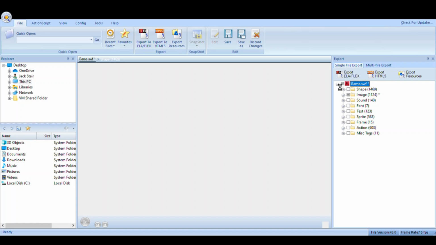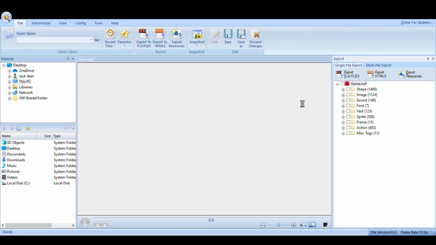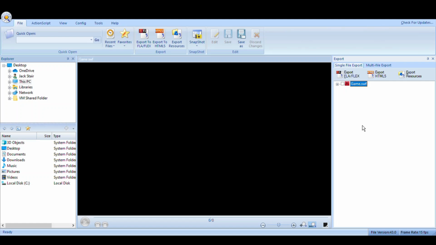And we can just select game.swift. Up here where it says edit, you'll see edit, save, save as, and discard changes. Just click on save, or save as if you want to save it as something else. But make sure that it's called game.swift, otherwise it won't work. I'm going to just click save to override the Swift file again. And once it's saving, you can edit almost every asset in the game using this. But anyway, once you save it, I will show you what you do in